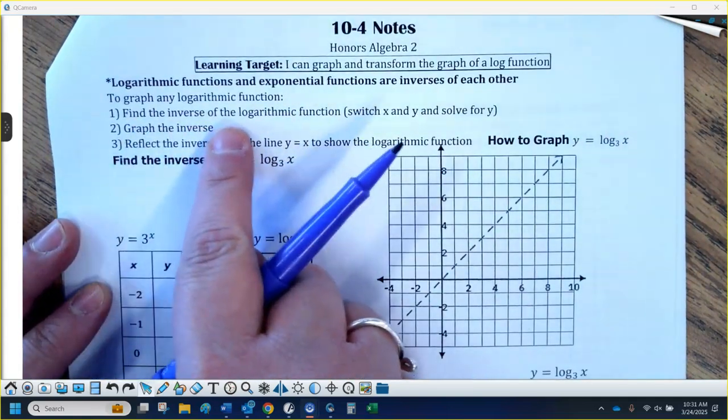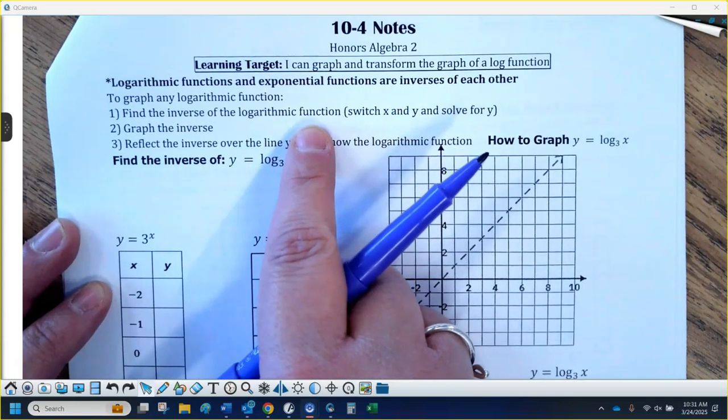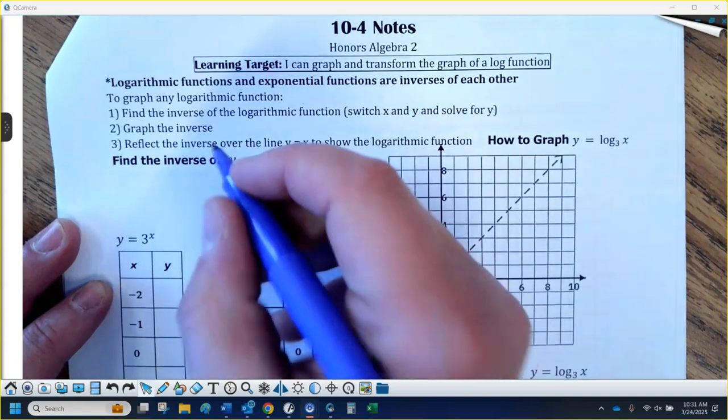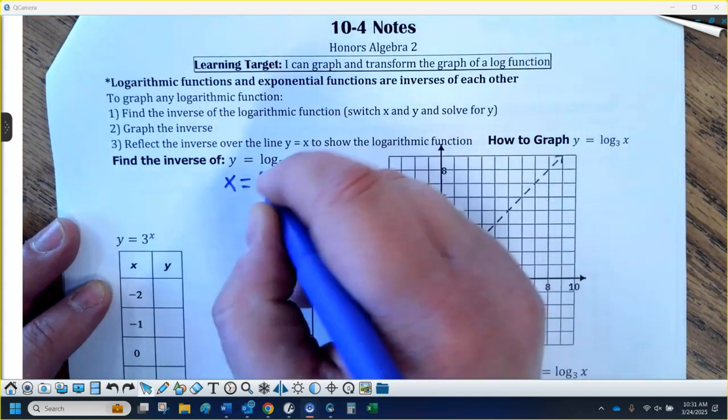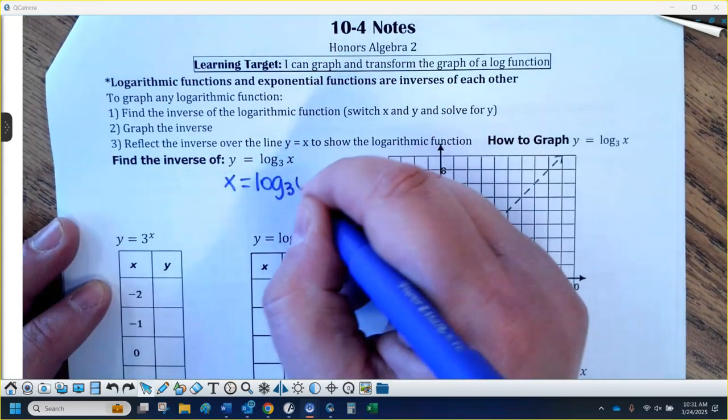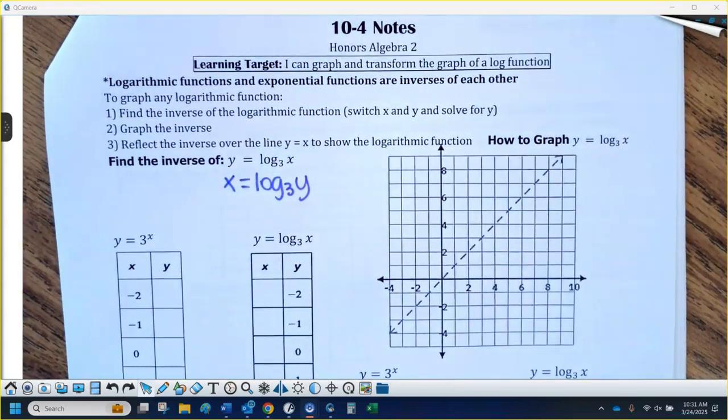It says find the inverse of the logarithmic or log function. And when we find inverses, all we're going to do is switch x and y. So I'm just going to write x equals log base 3 of y, like that. And I'm going to use the tables here in a second. But to get rid of the log, we convert this to an exponential,